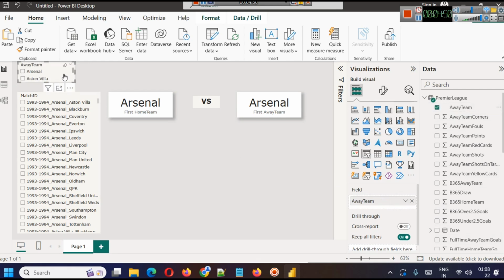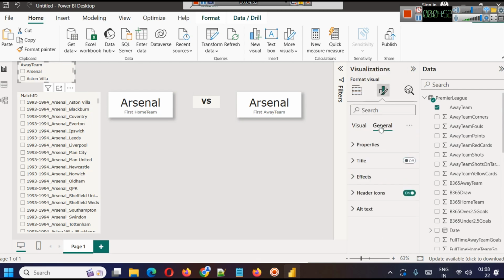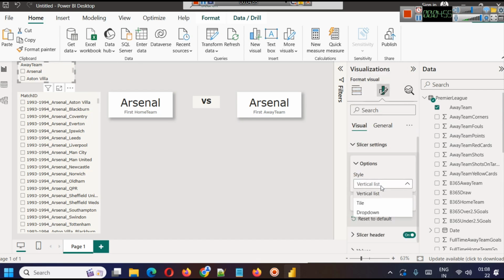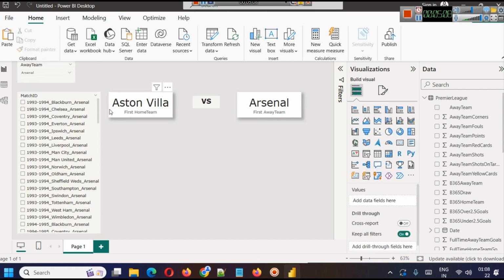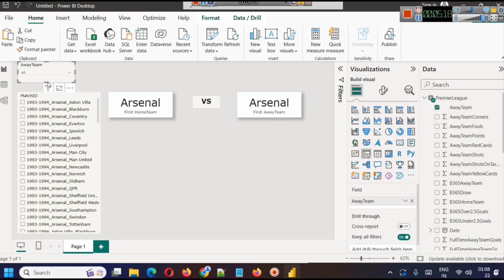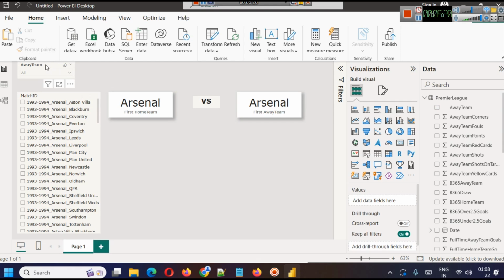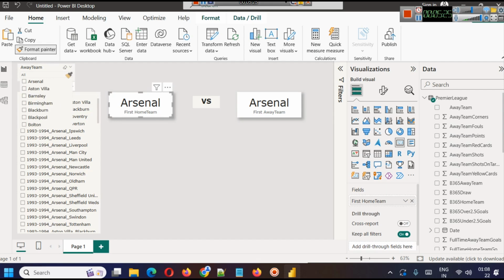So we will have away team name. All the away team names will be available here, and we will just go to settings, slicer settings, and use it as a drop down so that we have the away team names. And from here we will select away team. For example, away team is Arsenal. When away team is Arsenal, you can see the number of matches Arsenal has played as an away team. Okay, so this way you will be able to select that, and